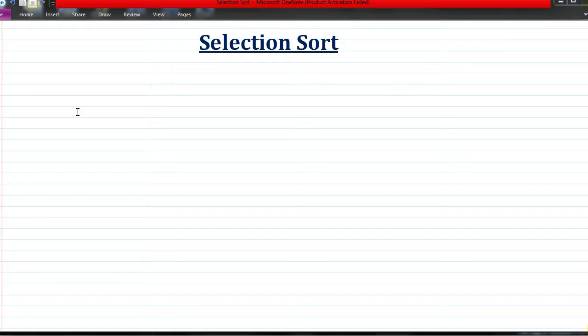Another way is where you don't copy the position separately, you interchange the elements itself. Both are very similar, both are two variations of selection sort. Based on what is explained in your college or syllabus by your lecturers, you can use that method. Both versions of the program I'll explain today. As the name suggests, in selection sort we are going to compare the numbers and put them in the first position. So both methods I am going to explain.